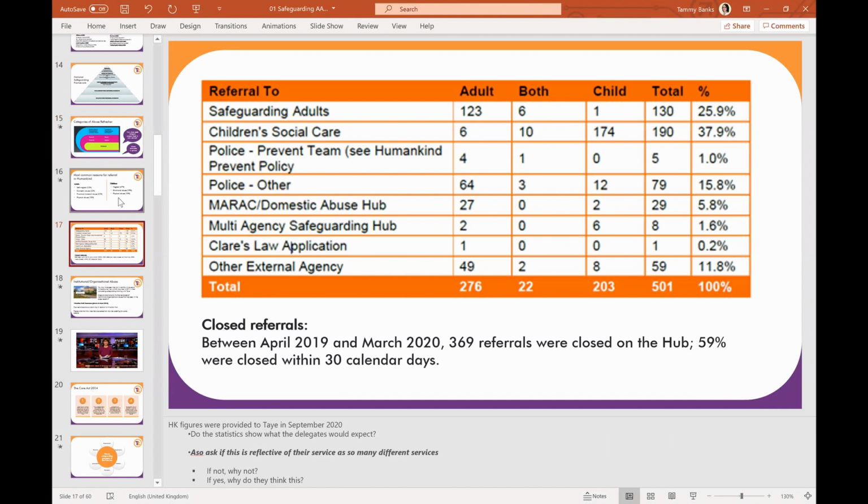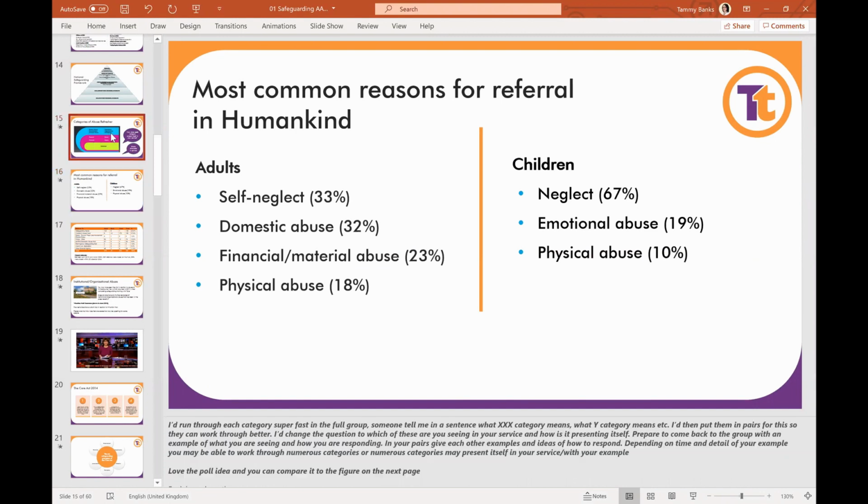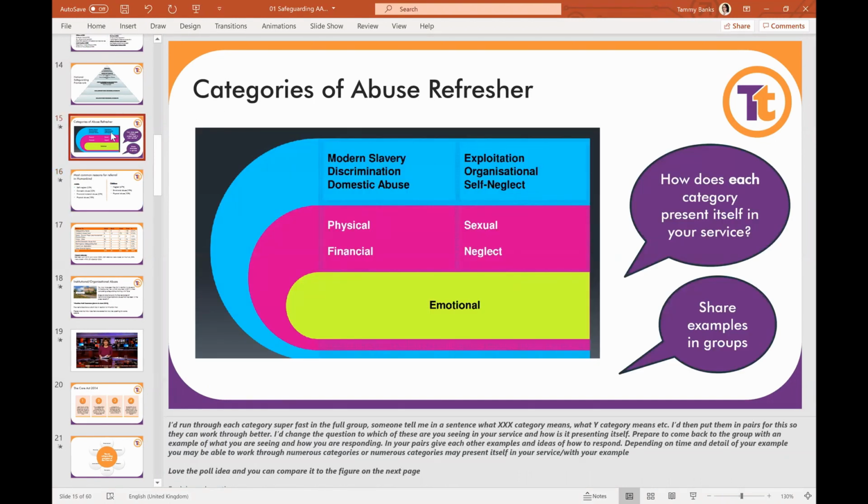Where would that, if you were making a referral, where would that fit in here then? That type of thing. So there's so much you can draw out of this activity. If you wouldn't get all of them to feed back, but you could get quite a few of them to feed back. And you could go to other people to say, what would you do within that situation or whatever. It could be a really good conversation.